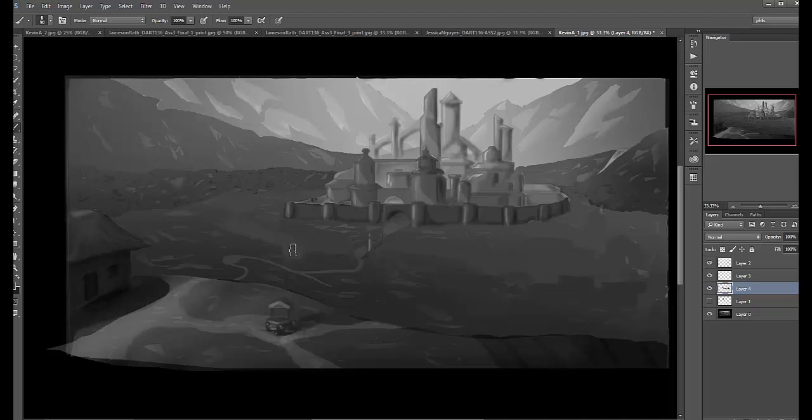There. Actually, that didn't come out too good. Let me undo that part. Let me blend this in just a little bit better. There we go. A little bit of a blend. So,